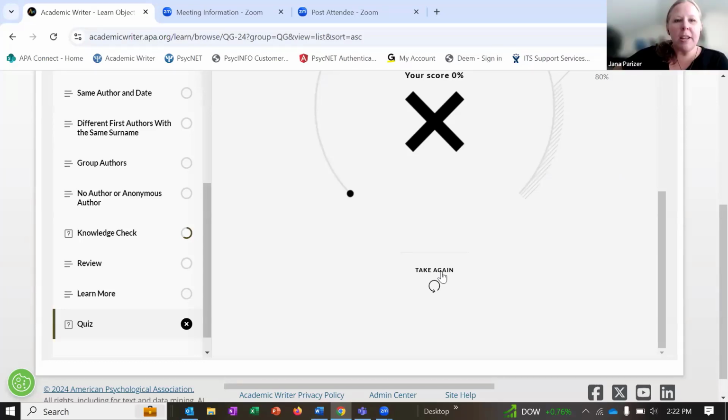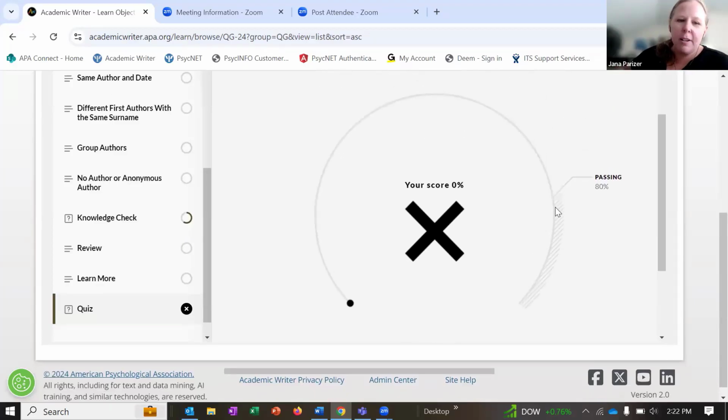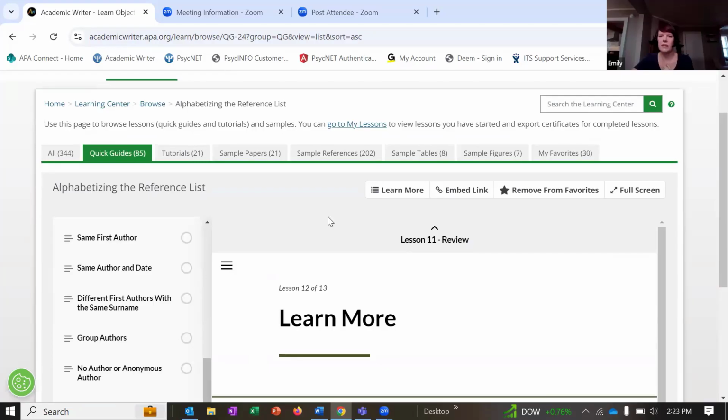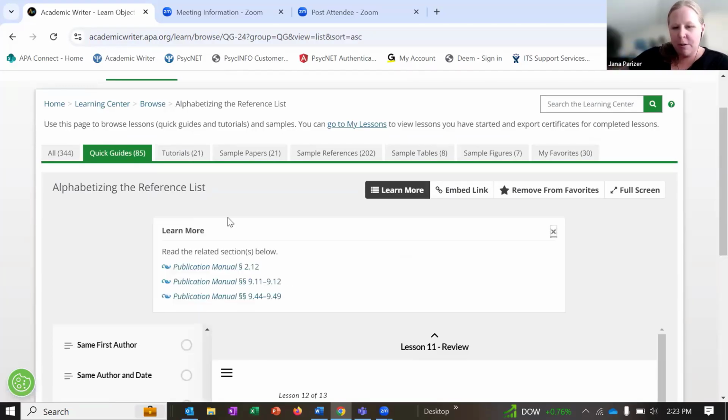We had another good question. Under Learn More on the left-hand side and at the top of the screen, we're linking to a screenshot of the publication manual. I know you don't offer a site license for the publication manual, but in this case, in Academic Writer, we try to include contextual screenshots of the publication manual for students who are working through the content.